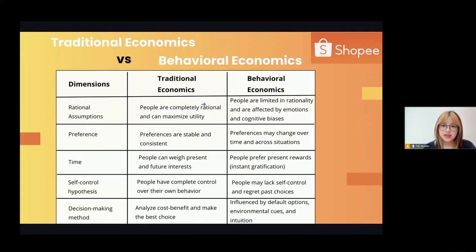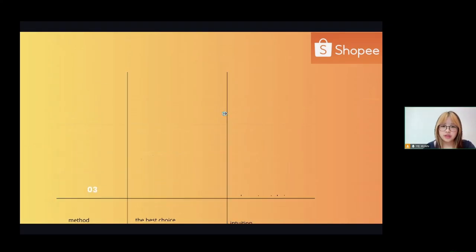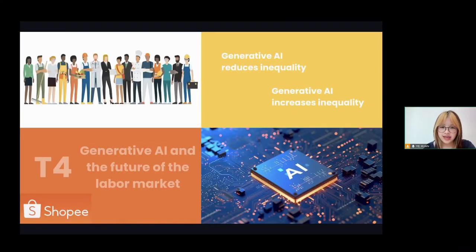This table clearly compares the 5 key differences in core assumptions between traditional economics and behavioral economics. Traditional economics assumes rational humans, which holds that individuals are completely rational when making decisions. But behavioral economics believes that humans are often irrational because of the situation and limited self-control. Speaking of rationality and self-control, AI can be said to be more rational than humans.